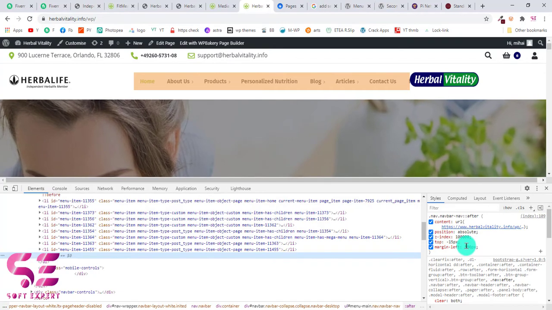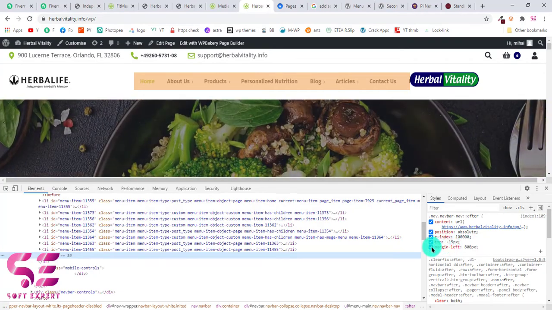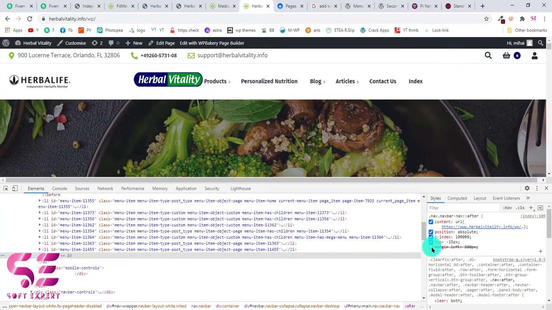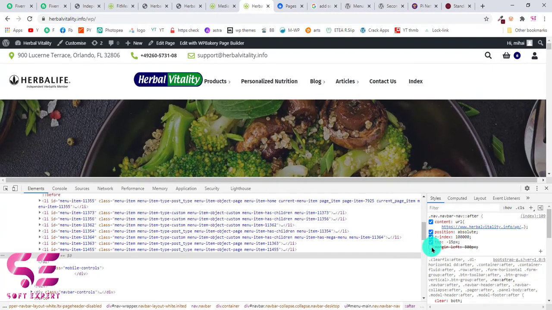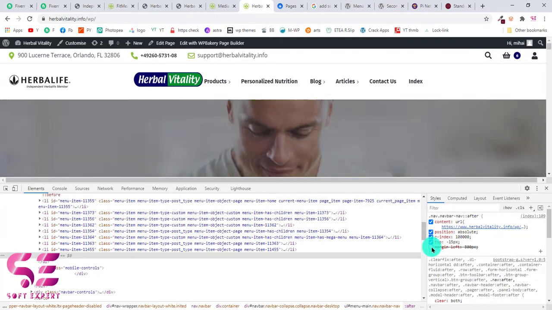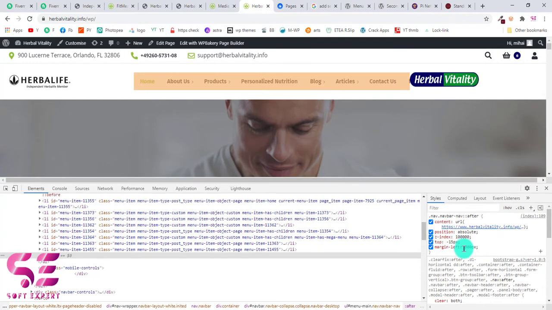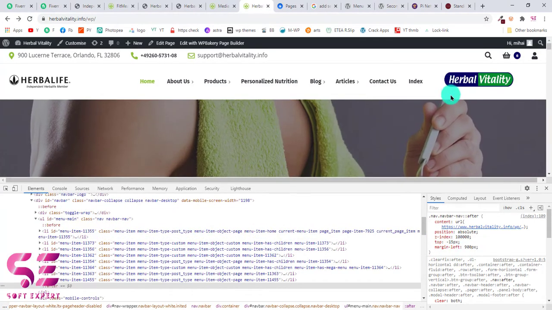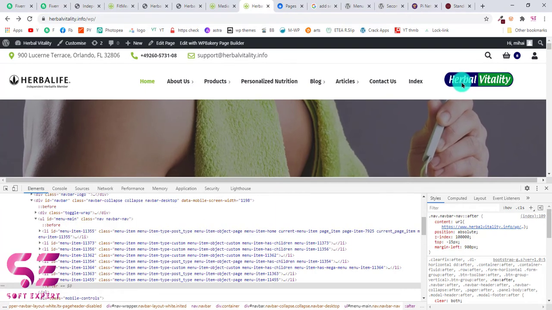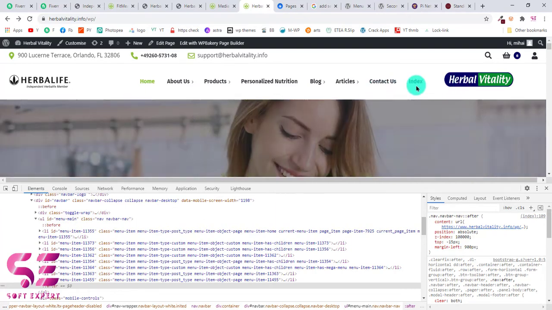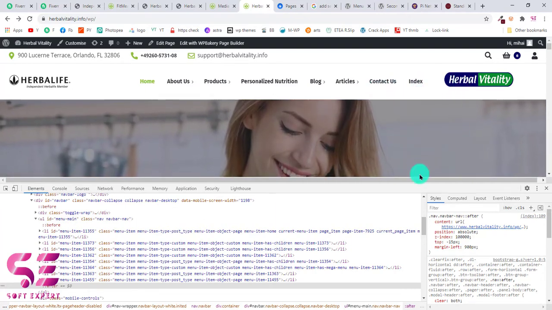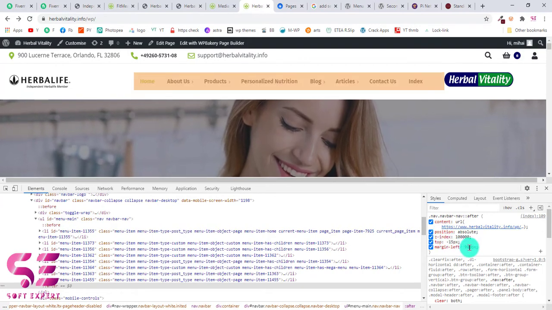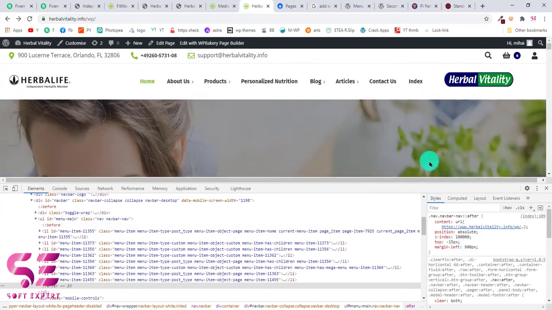Now to check the margin, let's remove this for now, and as you can see it floats to the left side. Now click again and I'll make it 900, and now as you can see the logo looks fine and it is not overriding any of the items. This is just a temporary change, and if you refresh the website then it will be lost.